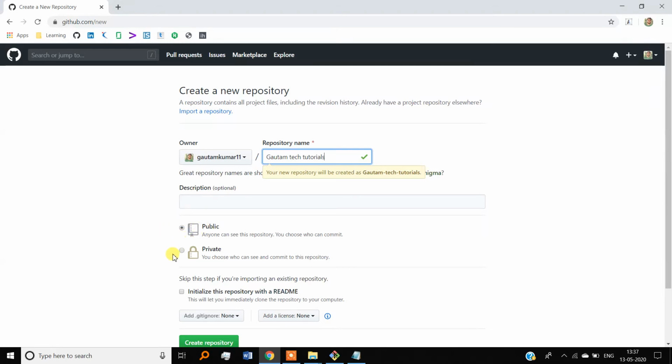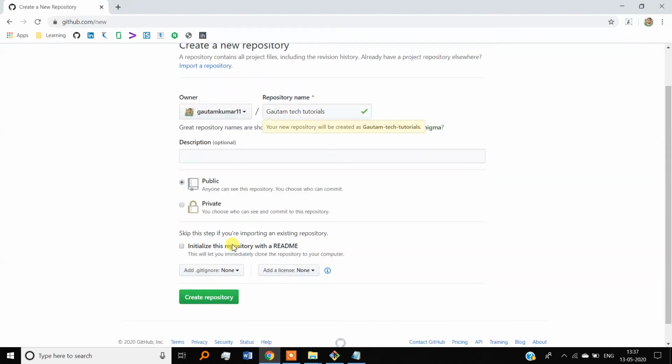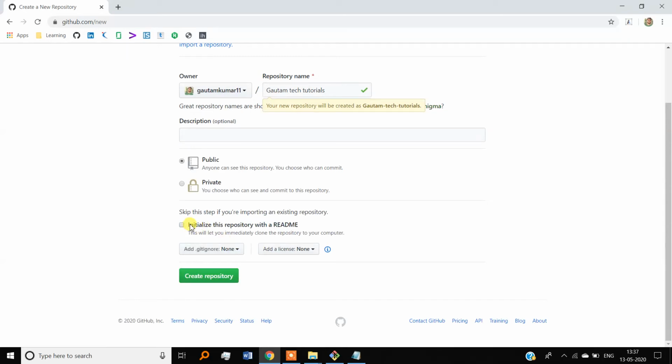As I told you in my first video, if we want to make it private, we need to pay for it. So we will go for public. Here it says initialize the repository with a readme file. We can click it. It will generate a readme file with our project folder. We can add it later also. It's our choice, it's optional. Here you can write a description also.